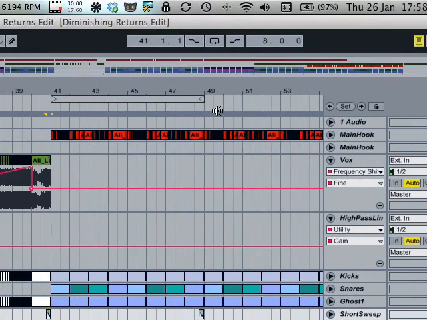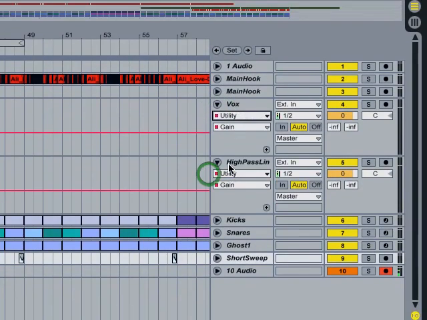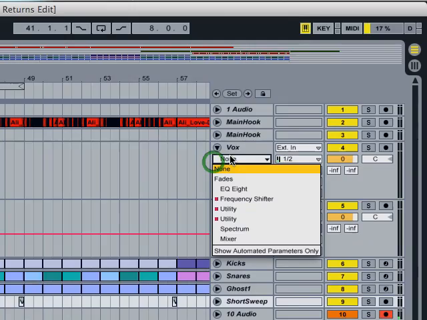Anyway, what else did I do? Did I use utility here? Oh, by the way,